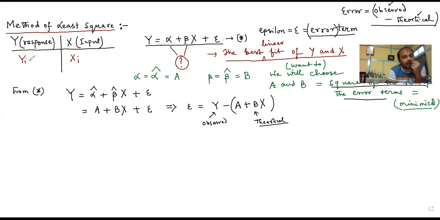Suppose we are doing the experiment in the first month. Then my random variable is y1. The response variable is y1. And my input variable is x1. If I am doing the same experiment in the second month, my random variable is y2. My input variable is x2. And so on. But the meaning of the random variable and the meaning of the input variable, they are actually